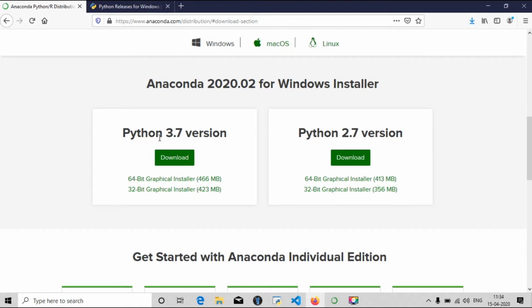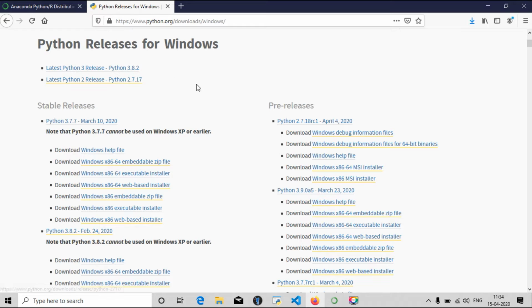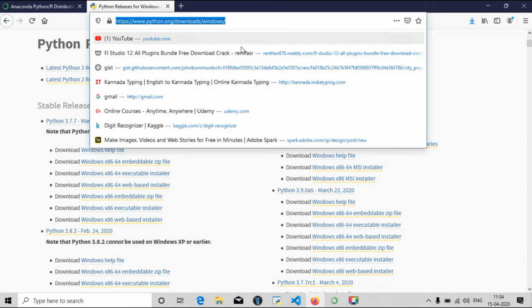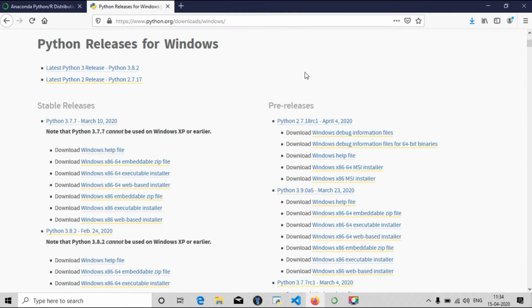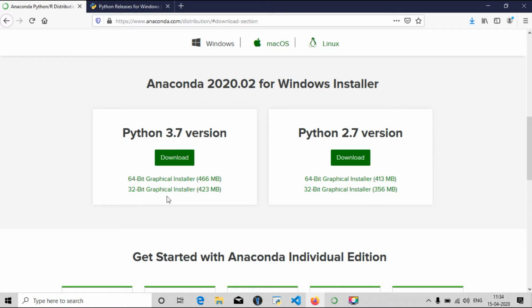Here you can see that it needs either Python 3.7 or Python 2.7. So you have to go to Python's download page. This link is also in the description. If you don't have Python already, install Python 3.7.7, not 3.8, because these Anaconda packages only work with the 3.7 or 2.7 version.